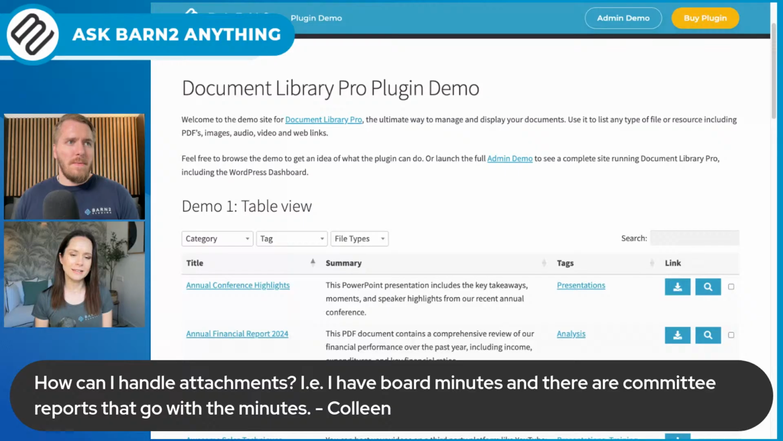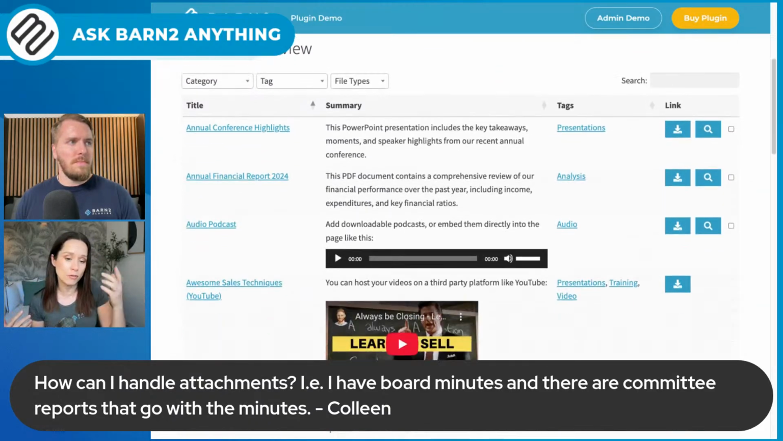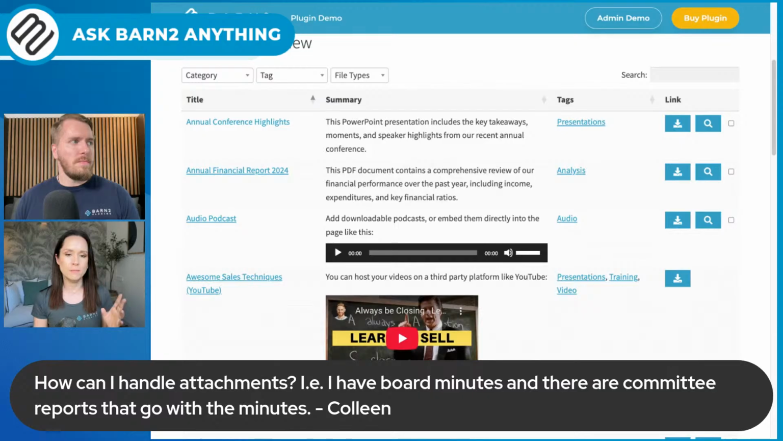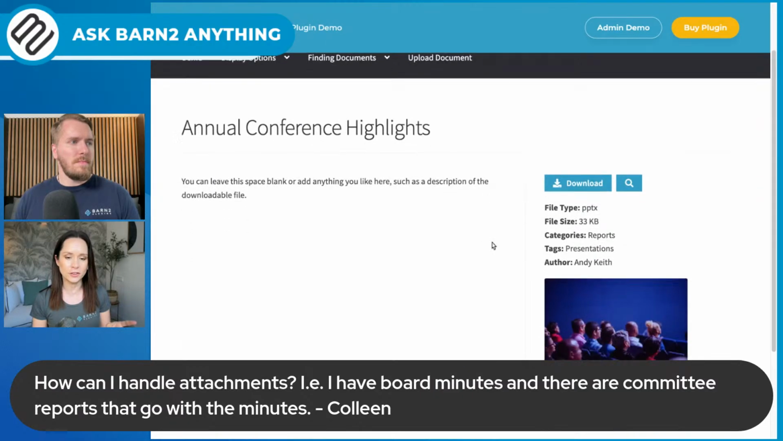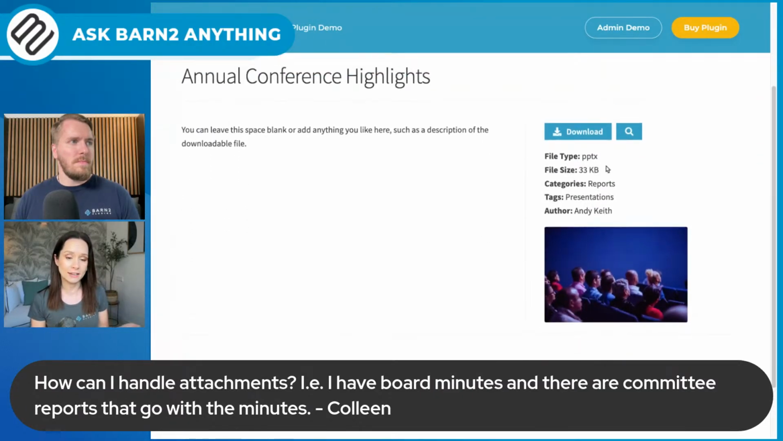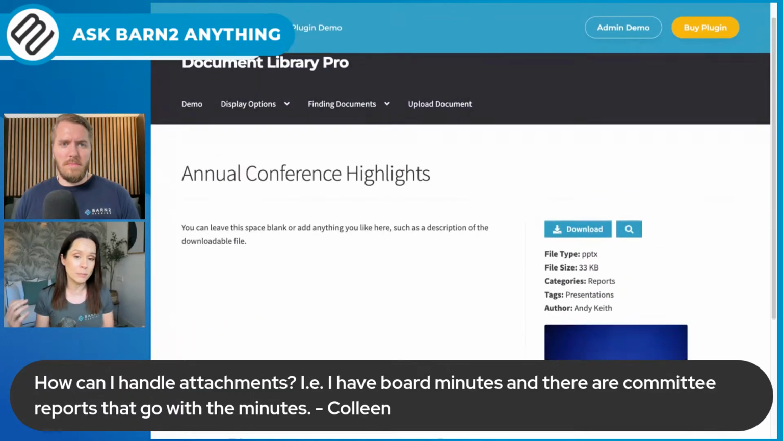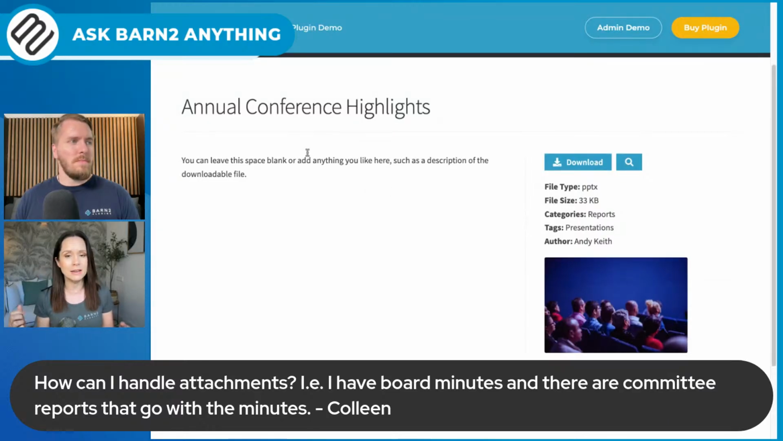Yeah, so basically each document by default has one file attached, which you can see on the screen here in the link column. You've got one download button, and you've also got a preview. So that is the same file that you can either download or preview in your browser. So if you want to have multiple download links for the same document, so in Colleen's case, that would be one document, one file for board minutes and one for an accompanying committee report, then what I would recommend is